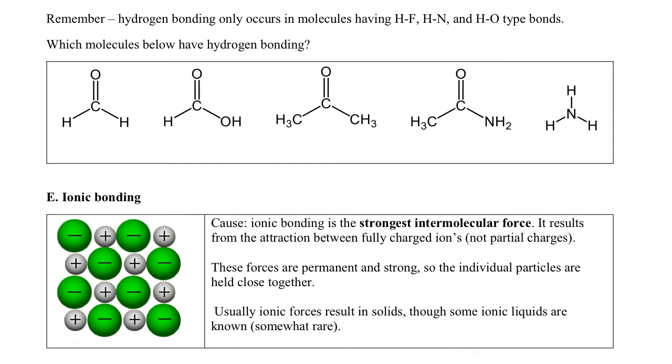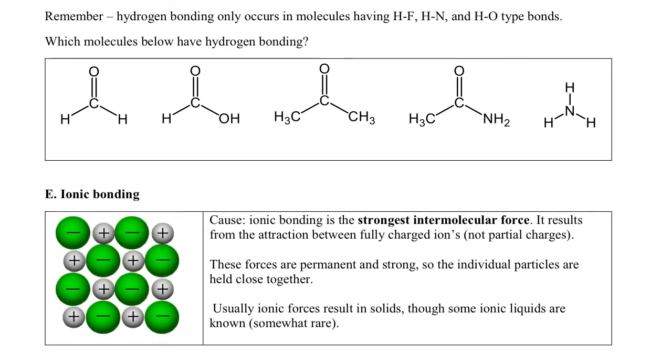So, how do we know which molecules have hydrogen bonding and which ones don't? Let's review that. So remember, hydrogen bonding only occurs in molecules that have HF, HN, or HO type bonds. So go ahead and pause the video and see if you can determine which of these molecules has hydrogen bonding and which ones don't. Just write yes or no under each molecule and then unpause the video and I'll go